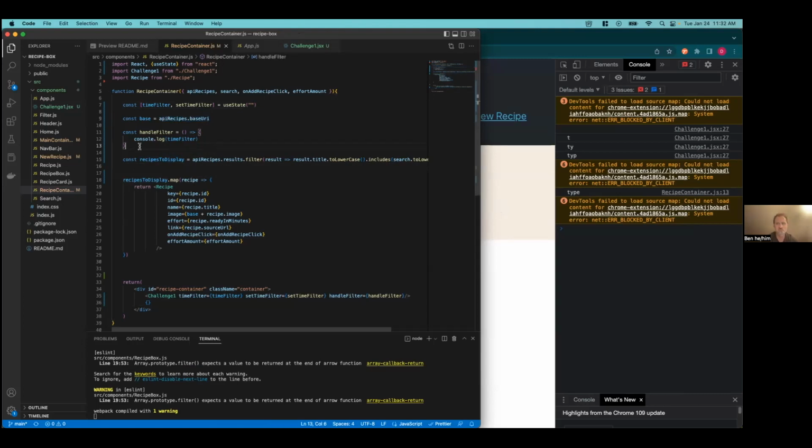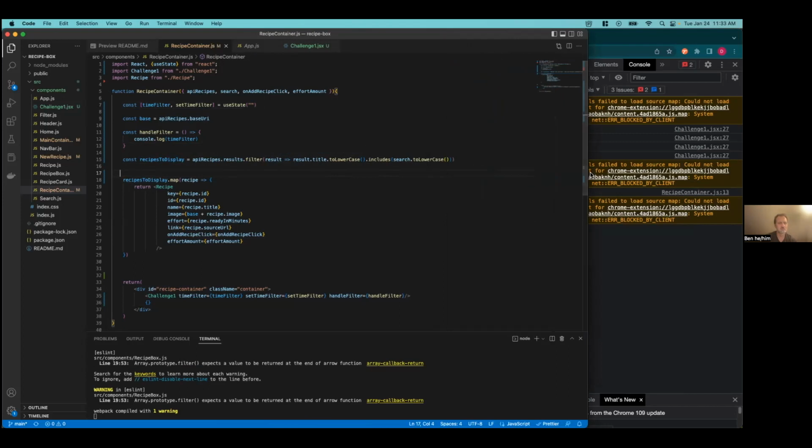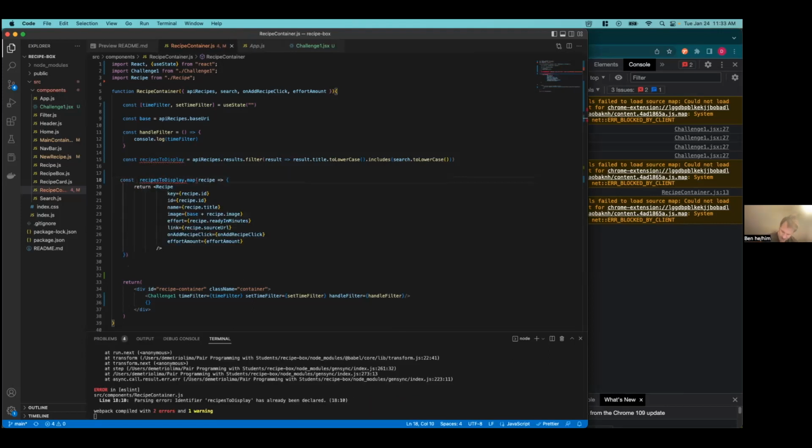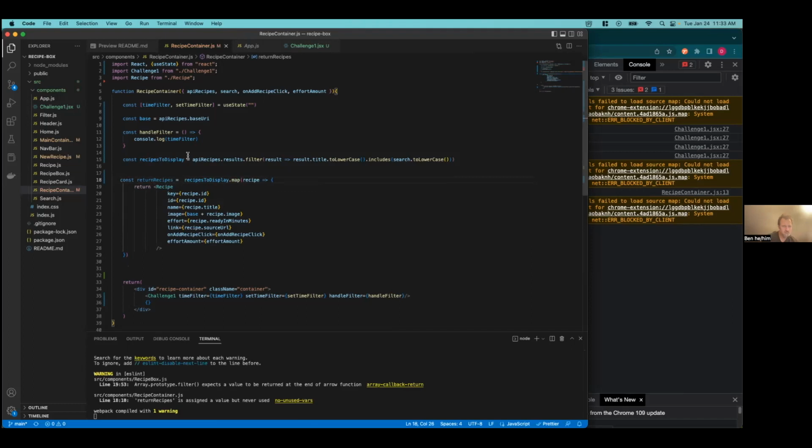So like another handled filter. So maybe what I can do is, sorry, I'm taking a second because I'm trying to figure out the solve here. Const, return recipes here. And